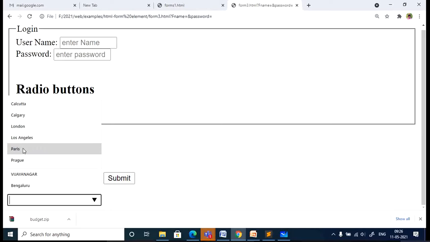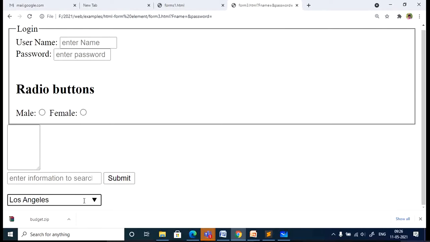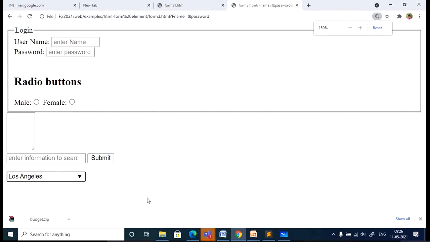So the user can select any of these cities. For the same input type text box, you have given this option, where the user can select from the list of cities. Is it clear? Wherever it is necessary, you need to use it. If what the user wants to enter is limited to some particular set of cities or some particular set of items, in such cases you can go with this datalist.